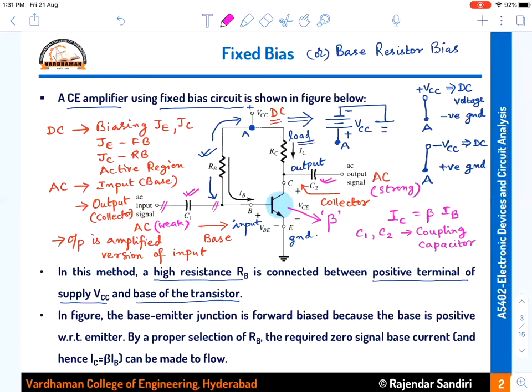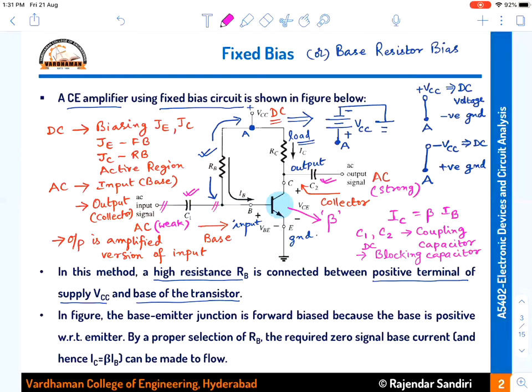So to avoid that, the AC input I am giving to the base of the transistor should be pure AC without any DC. Suppose unintentionally any DC is coming in the input, then to block that DC, we have to keep a coupling element as a capacitor. A capacitor has the property of blocking DC and allowing only AC to pass through. So that's why these coupling capacitors are also called blocking capacitors. They are DC blocking capacitors.